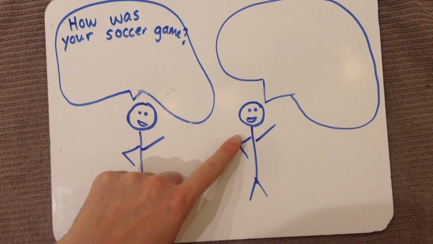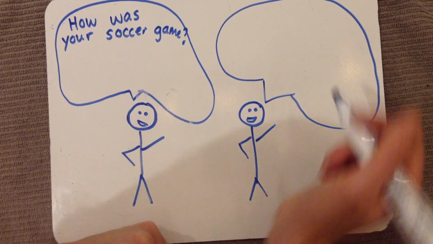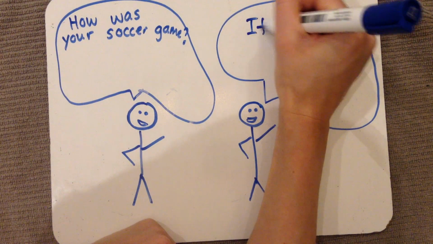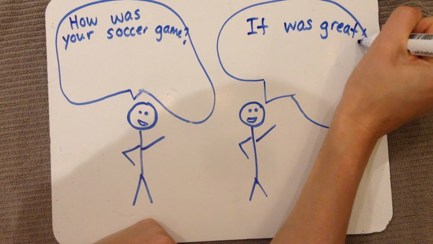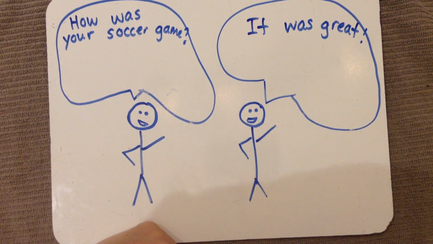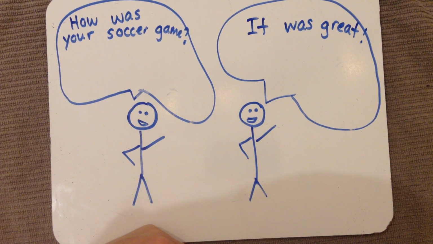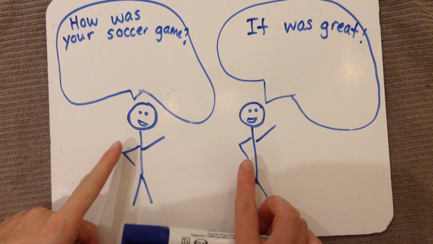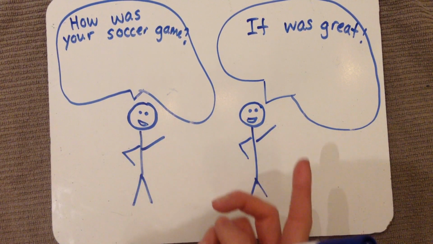Look, Bill's smiling. Now he knows that Bob cares about him, and he actually gets the chance to answer back. He says, it was great, with an exclamation mark on the end. Not only is he making a statement, he's making an exclamation. He's so excited to tell his answer. Well, the conversation doesn't stop there. Now that both people are feeling connected and interested in one another, the conversation continues.